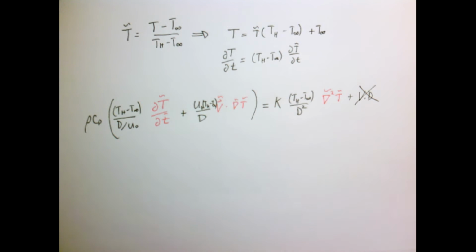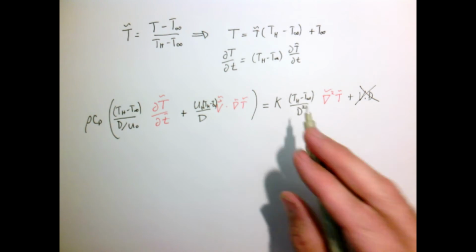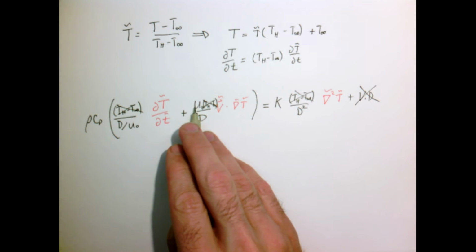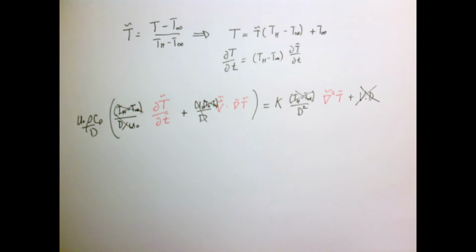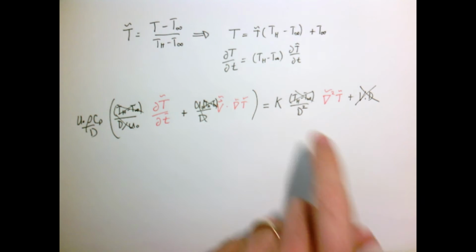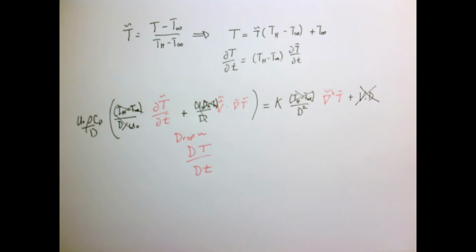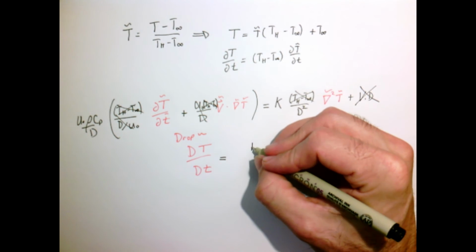So again, just like we did in the previous one, we can factor these things out. We'll notice that every term has a T hot minus T infinity, so I can eliminate that. I'll notice I've got u naught over d, u naught over d, so I can simply factor that out front. And then just like before, I can move these terms to this side of the equation. And for convenience, I'm going to drop the twiddles and just use red to denote dimensionless variables. So I have d temperature, d time, but material derivative of the temperature equals, and now I'm going to have K